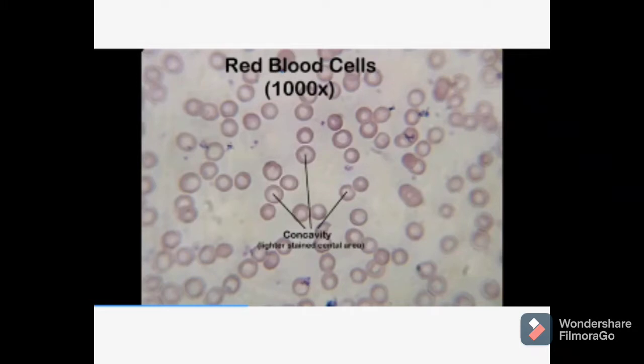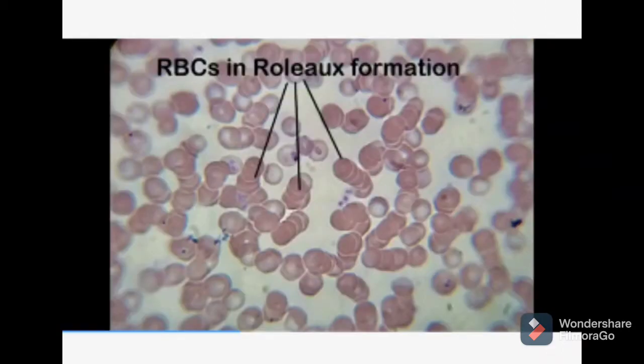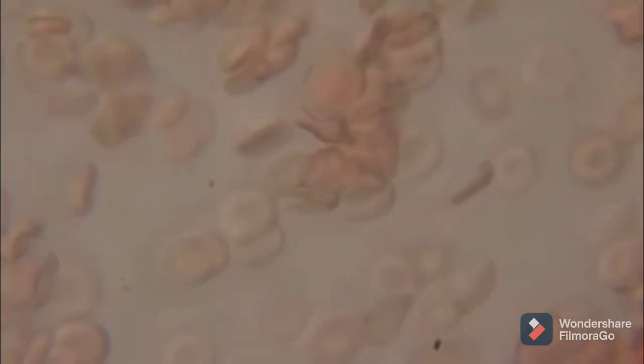Now we are having next tissue, fluid connective tissue, and in it we are going to observe the slide of blood. So this slide is of RBC. You can view the RBCs. These are tiny bubble-like cells which are just quite thin from the center. And here in this slide they are piled up together. This is known as RBC Rouleaux. Now I have video of RBC slide, the moving RBCs. Here you can easily observe the center of RBC is quite thin, and its main function is to carry oxygen. This red color is because of a pigment known as hemoglobin.